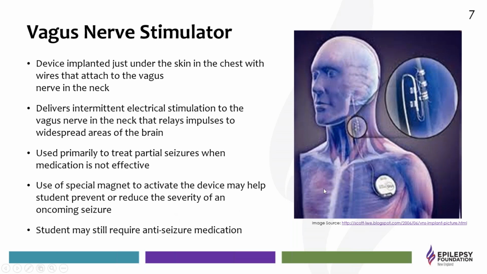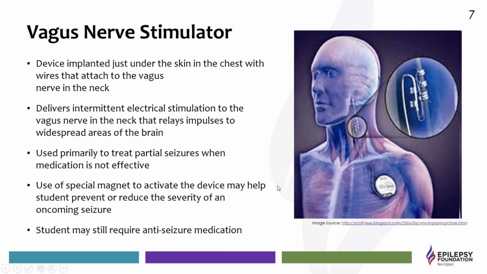And they can actually wave the magnet over the generator. So even though this is programmed at the doctor's office to be on 24 hours a day, so let's say, for example, it's set to give a 20-second pulse every 30 minutes. I don't know what the settings are. I know they start very low and they amp it up. But it's on 24/7 working by itself.